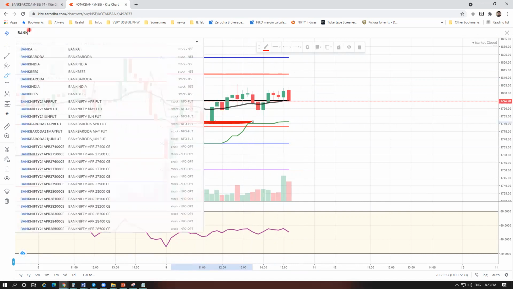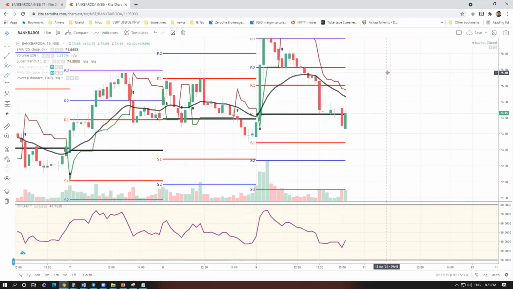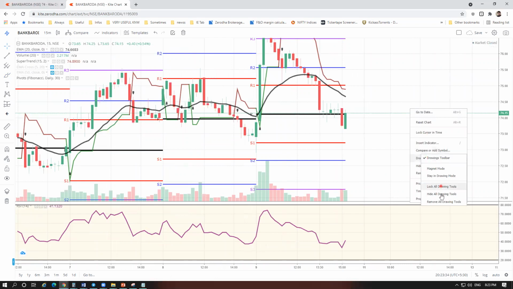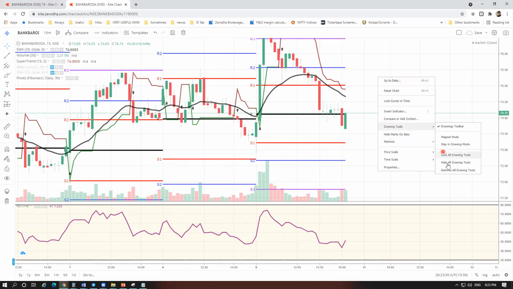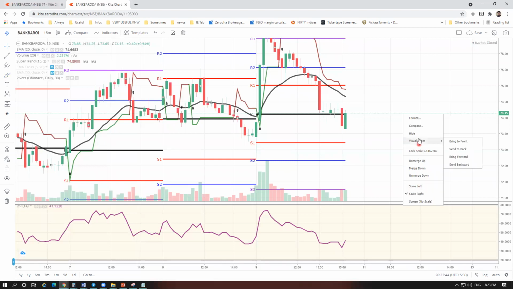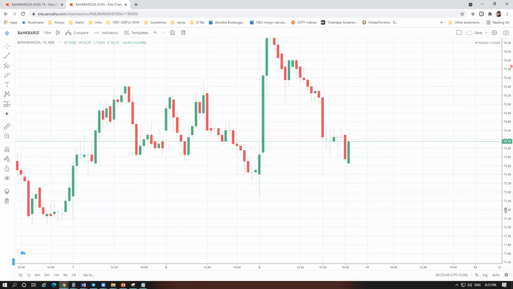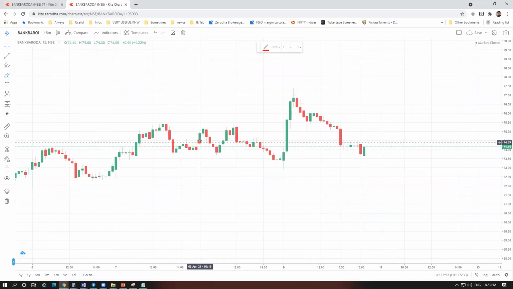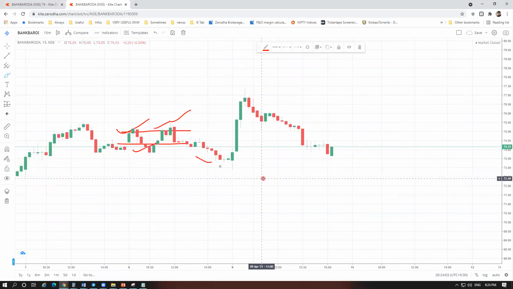The next trade, Bank of Baroda. Immediately we'll discuss why Bank of Baroda. First see what happened yesterday. Let me remove all drawing. Okay, see what happened. 15 minutes. This is the 8 April. High break, lower low break, higher high again break, again lower low break. So this is a confusing stock for me, right?